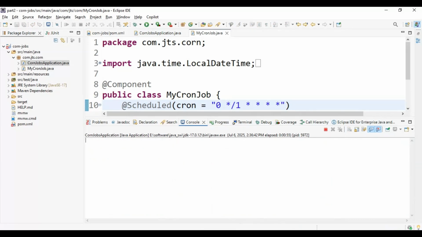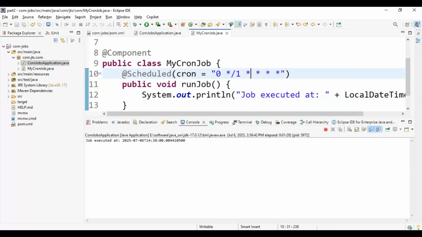There you can actually define different types of cron expressions, like every hour, every 5 minutes, every 1 minute, every 2 minutes, around 12 p.m., or around 10:15, this kind of nested time, 10 to 15 minutes. Okay, let's see, it's 2:38, so that means it's executed. The next time it will be executed around 2:39. In the meantime, let us modify this expression. Let's say we need to run it, with 2:38 as the current time,